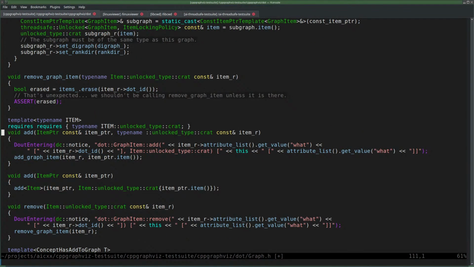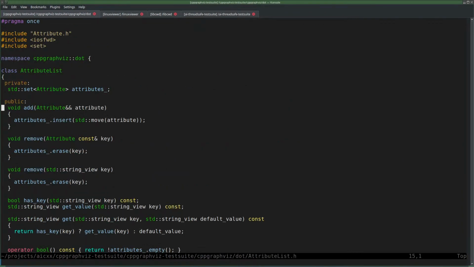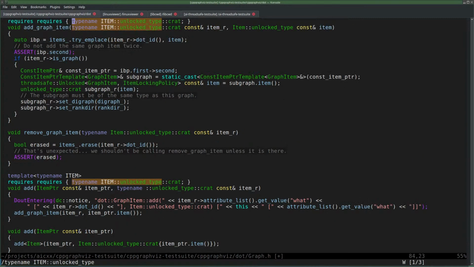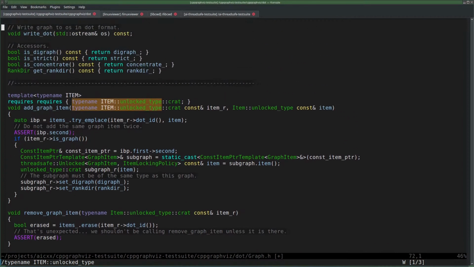So maybe what I can do is instead of this, which doesn't work, maybe I need something. So this is my access type.